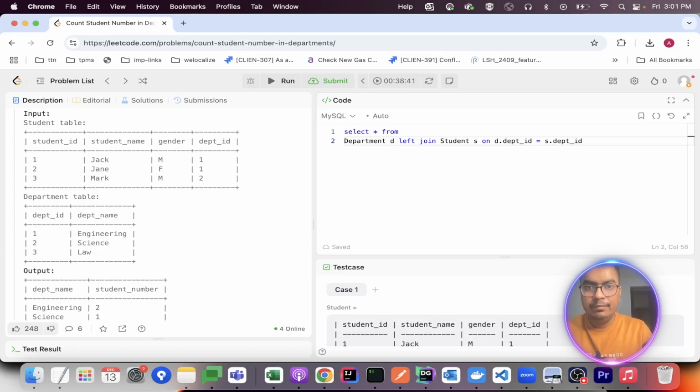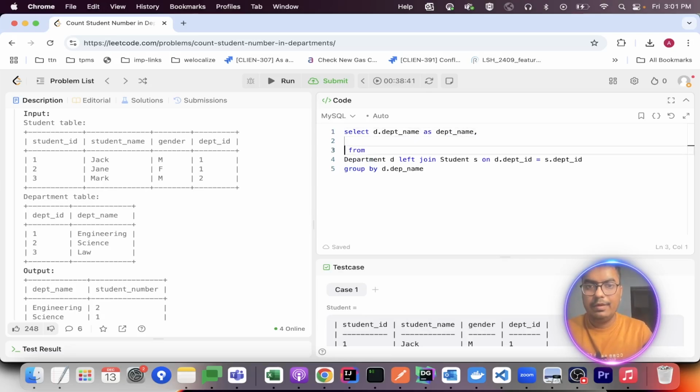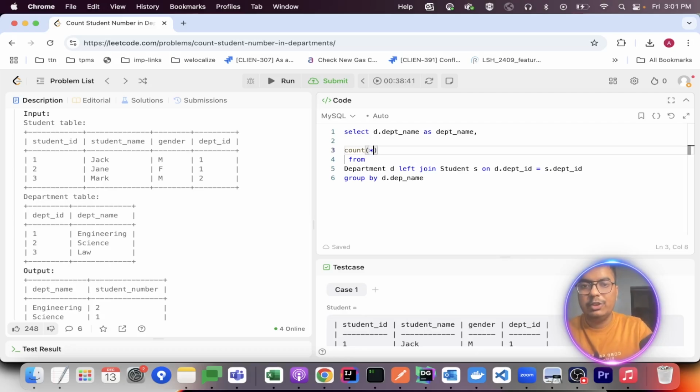Once we have this, we do a group by on d dot dept name, and what we need to return, of course, d dot dept name as dept name. But what if I just simply do a count star? Let me just show you why the result is wrong. As student number,